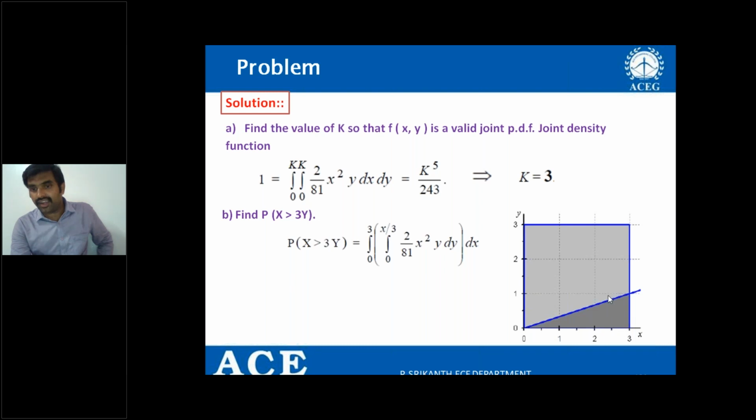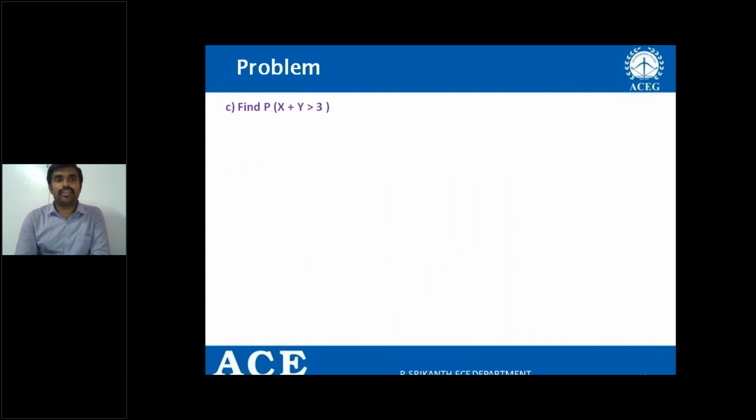Or the area under this curve, I repeat, the area under this curve must be calculated, right? So that is the meaning of P of x greater than 3y. In this area only, we are going to get the condition x is greater than 3y, right? So you need to find the area of this particular curve. So that is the formula here. Therefore, if I substitute and find the integration and substitute the limits, I'm going to get the value like 1 by 15, right? Simple problem.